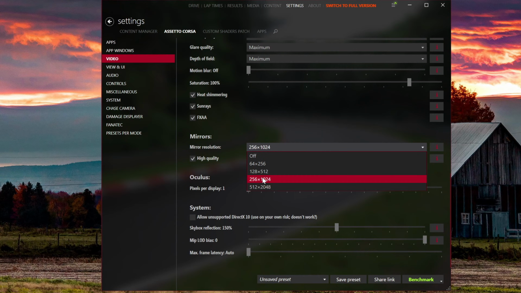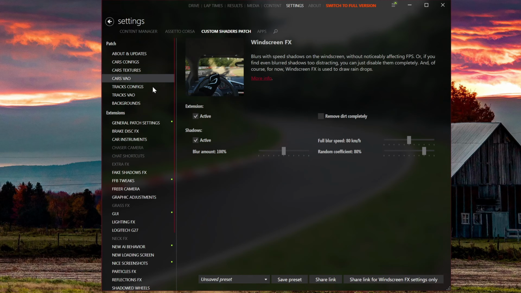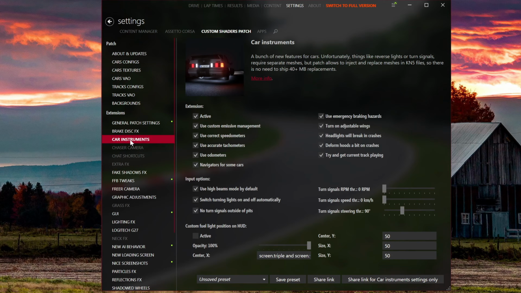As you can see, the mirror resolution is one notch down below. It's not fully maxed out, so it's really not a big difference, so I thought maybe I should just reduce it a little bit. And going to Custom Shaders Patch section, which is only available on this Content Manager app,